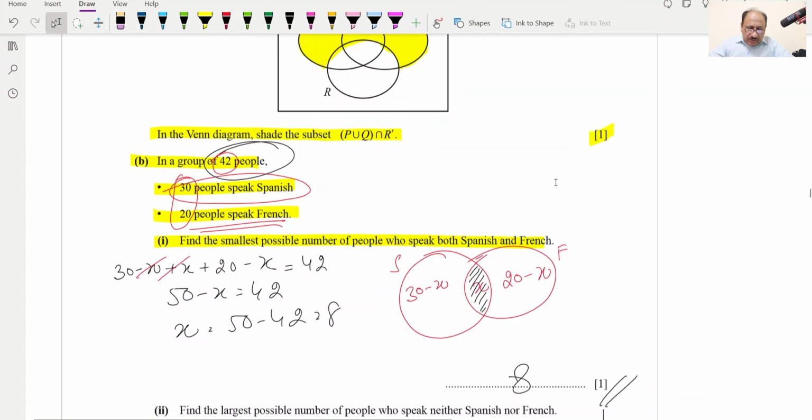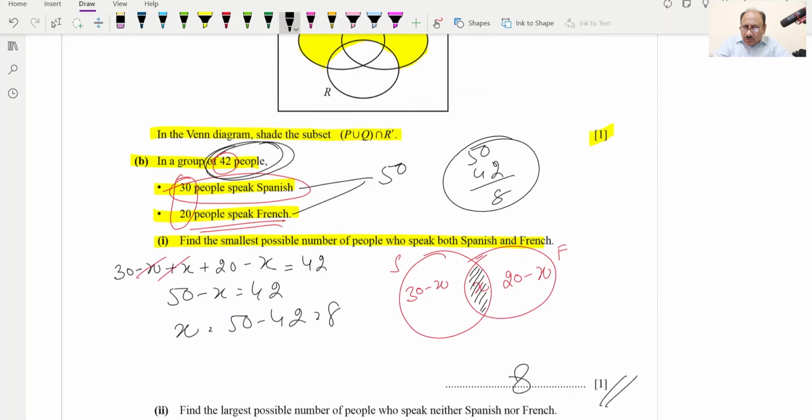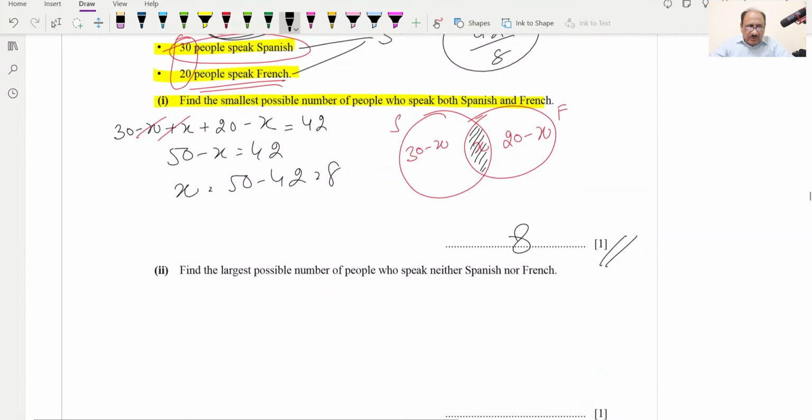1 mark part directly we can figure out and write the answer also. Like for example, if you add up Spanish and this one, this is adding up to 50, and this is 42. So 50 minus 42 results in 8. You can directly reach the answer. But whatever I have done is for your explanation. Hopefully you are understanding. Then find the largest possible number of people